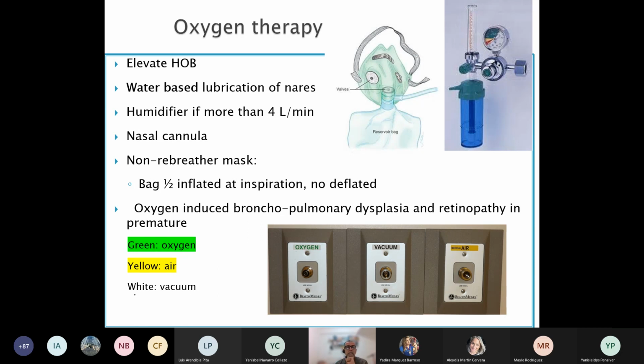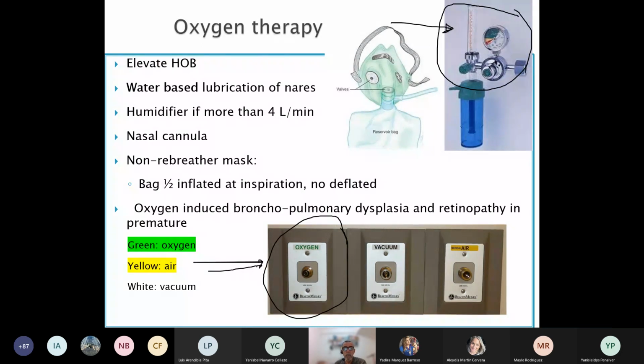To administer oxygen, the first thing that you need to find is a manometer. You cannot administer oxygen without a manometer. This is a manometer. So there are questions in NCLEX about whether you know that. If the doctor prescribed 5 liters per minute, 3 liters per minute, whatever liters per minute, the first thing you need to find is a manometer that allows you to measure 3, 4, 5, 6 liters per minute. This manometer has a metal tube or pin that is going to enter the wall outlet of the oxygen.